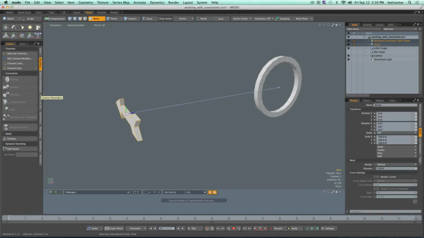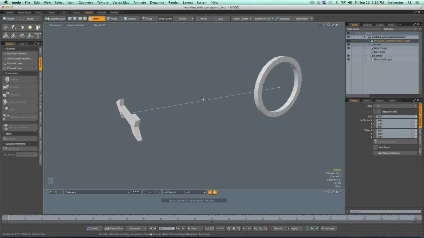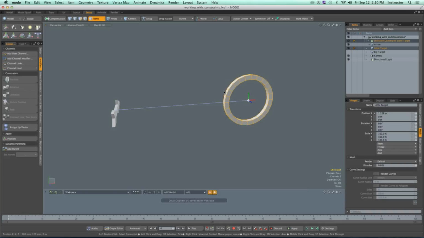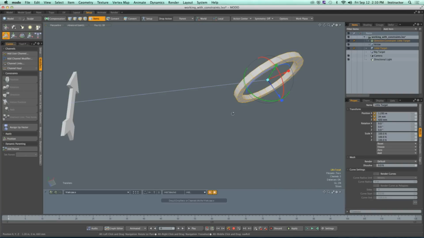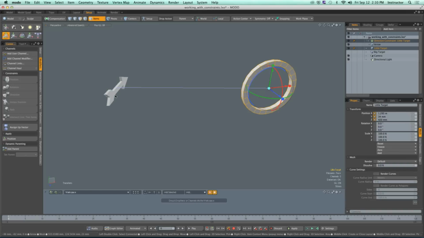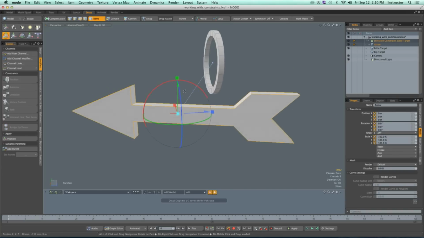Now initially you're probably going, what? What's going on here? Let's move the little target and see what we have. Let's test our rig, and hey, look at that. It's actually kind of working the way we would like it to work, okay? So if I move it over there, life is good, okay? Let's explore specifically what's going on. If you look very, very carefully here,